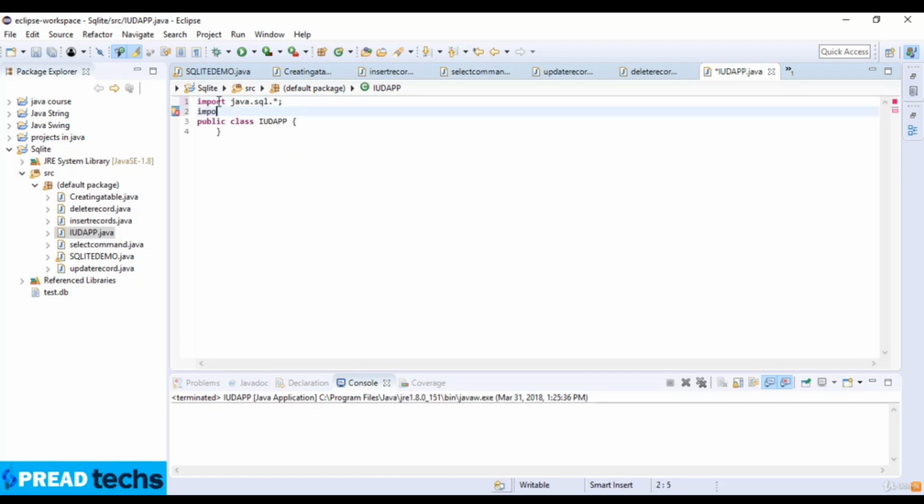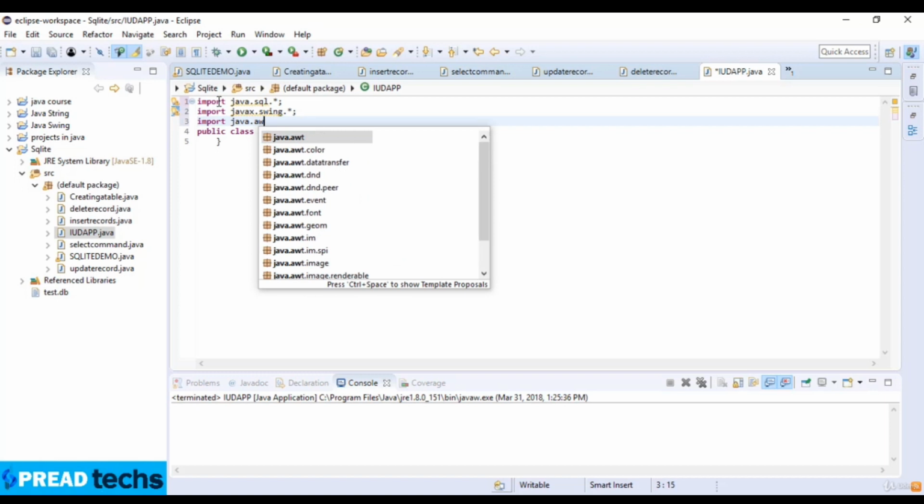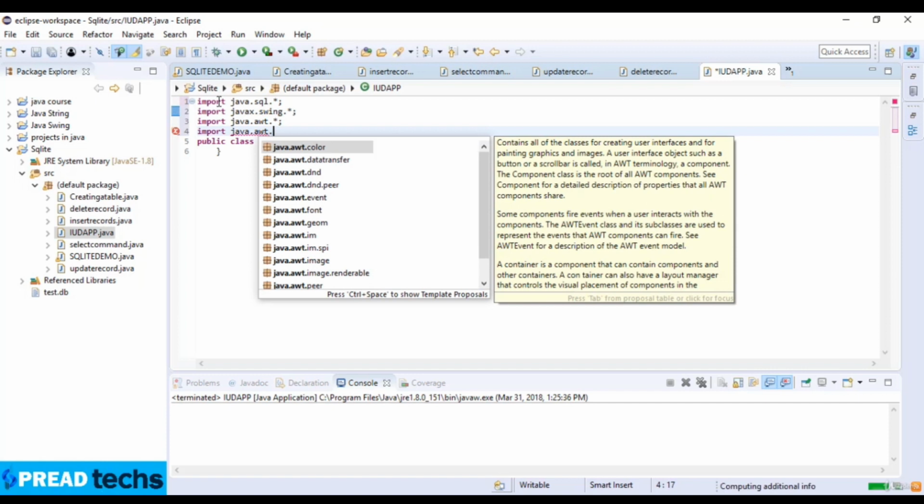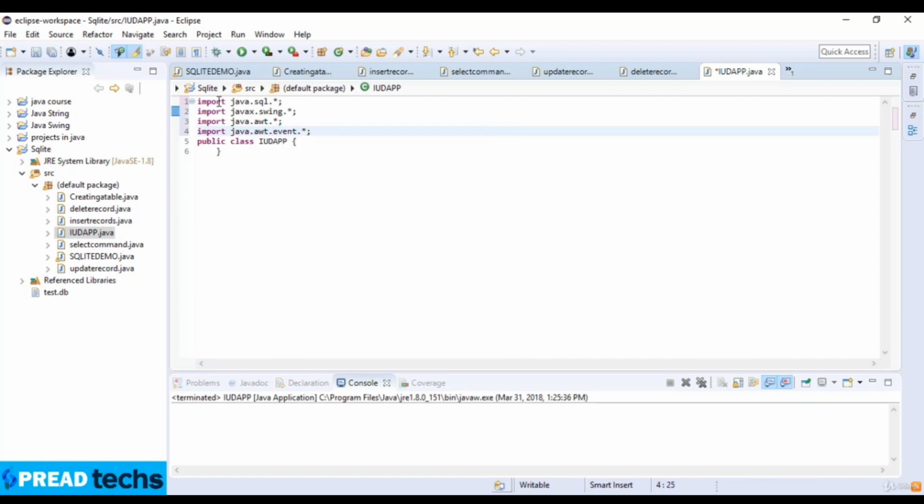Then I just import another library which is javax.swing. Then I just import java.awt and java.awt.event. Okay, I just add the event library because we are just creating the buttons here. Now our Java class extends JFrame,